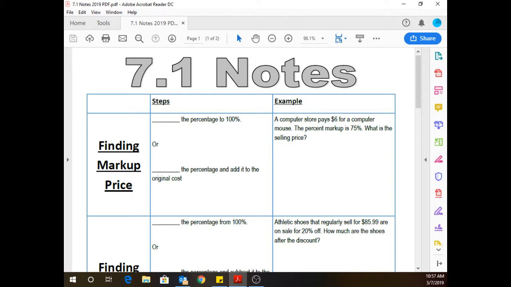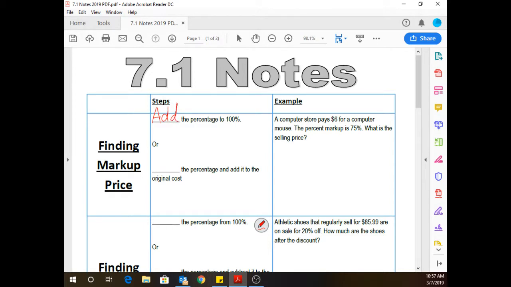So there's two ways you can do this. This computer store pays $6 for a computer mouse. The price markup is 75%. What is the selling price? So they basically paid $6, which is 100% for that product, and they're going to mark it up 75% more. So they're taking their 100% plus 75. So they're marking it up to 175% because they want to make back their 100 plus an additional 75. So the first way you can do it is you can add the percentage to